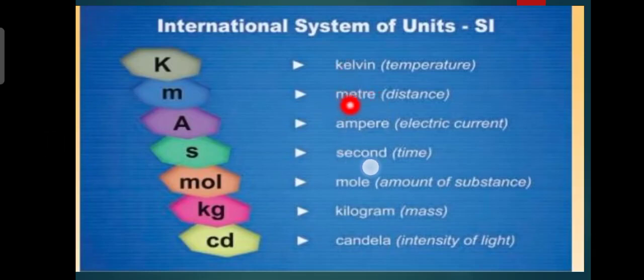Second one, meter, m. It is the unit used to measure length and distance. One meter is defined as the distance traveled by light in a vacuum. Third one, ampere, electrical current, A. It is the unit of electrical current, the electric current in a wire where the charge is carried by flowing electrons. It measures the amount of charge passing any point of the wire per unit time.